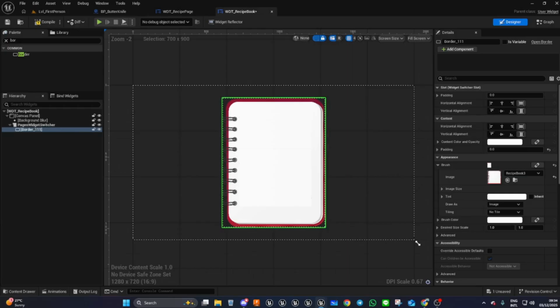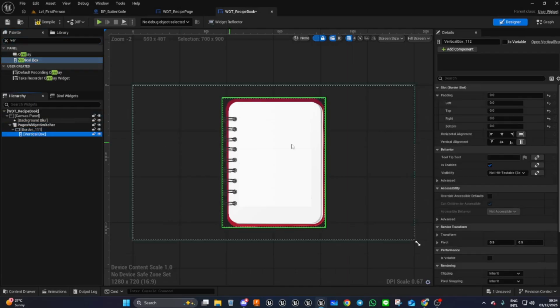Oh, sorry, first of all we need to add a vertical box. I'm jumping a step. We need to add a vertical box to our border. Make sure your vertical box is set to fill. And our vertical box has quite a bit of padding, so it's 100, 50, 50, and 50, like so. Now we can paste